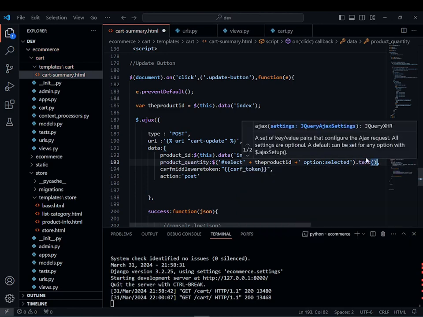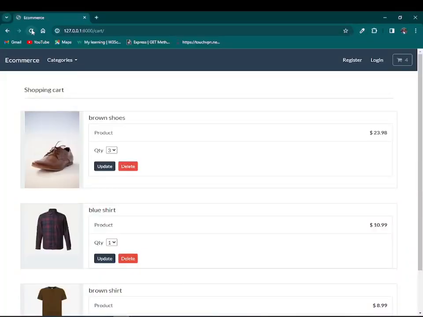So we want to grab the text that is present related to that product. So just save it and then again refresh it, and now change the quantity, and here you will see now